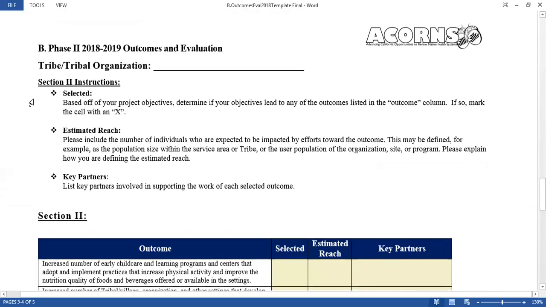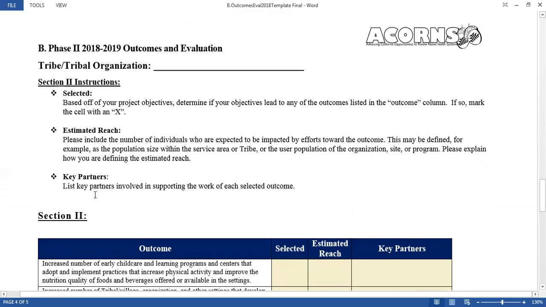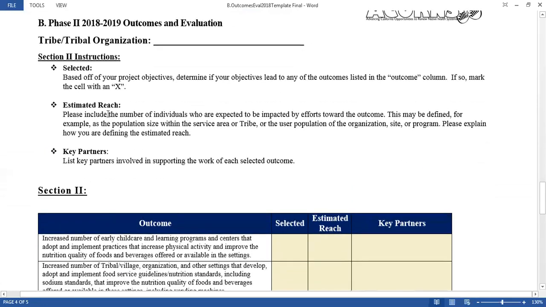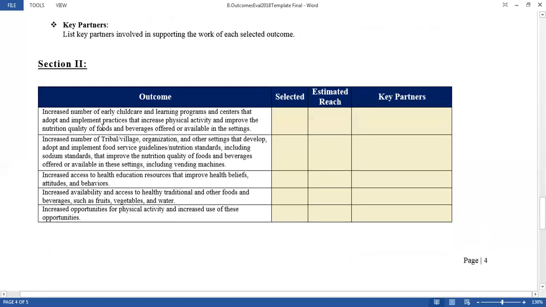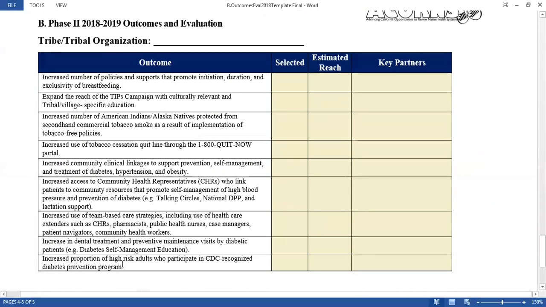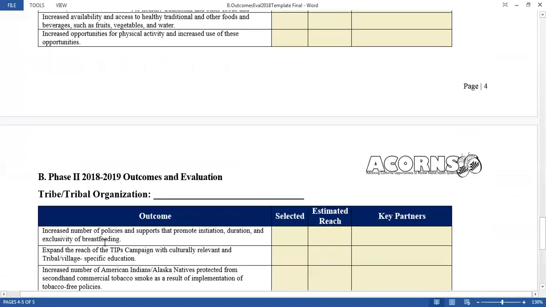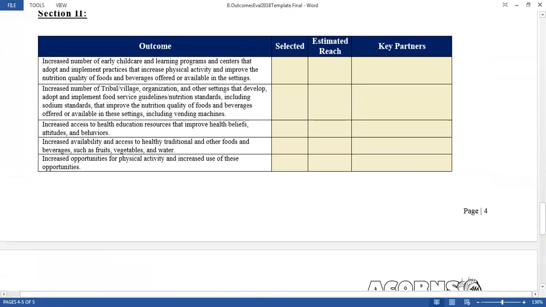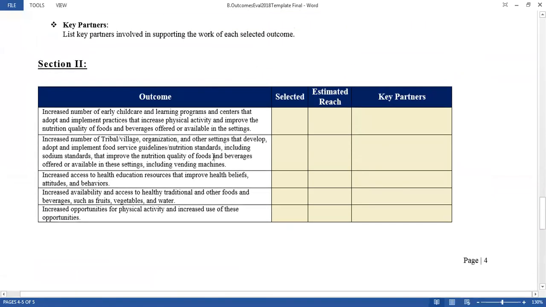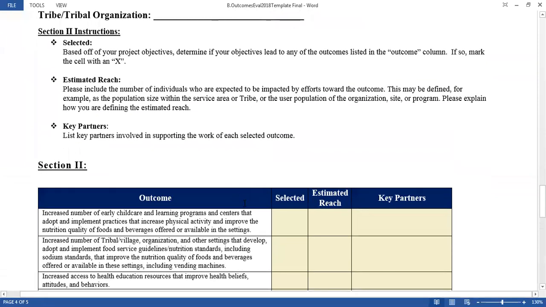Section 2 has a list of outcomes, and these are outcomes that we will be reporting back to CDC on. So there's a whole list of outcomes that are potential. You'll need to read through each of those outcomes, and then based off of your work plan and what you're going to be working towards, see if there's any of the activities or objectives from your work plan that